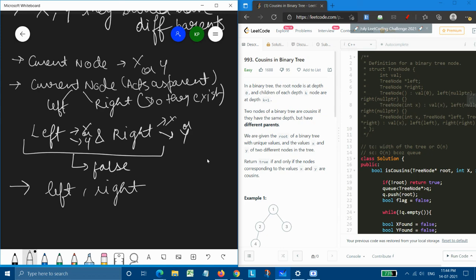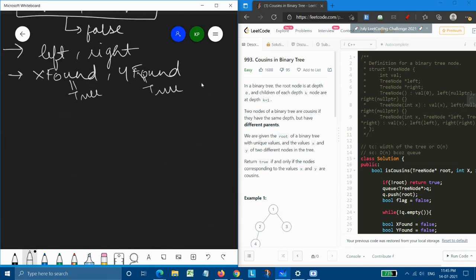Now, when all the nodes have been processed, we also need to maintain the variables x found and y found. Basically, whenever x is found, we'll mark it as true. If y is found, then we'll mark it as true. That's why we need to maintain these.